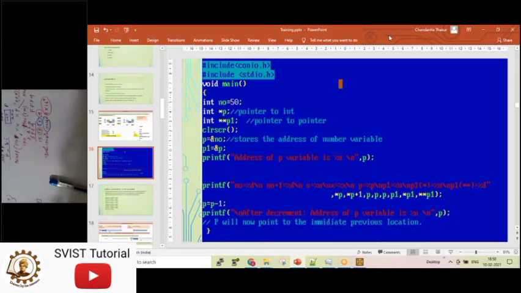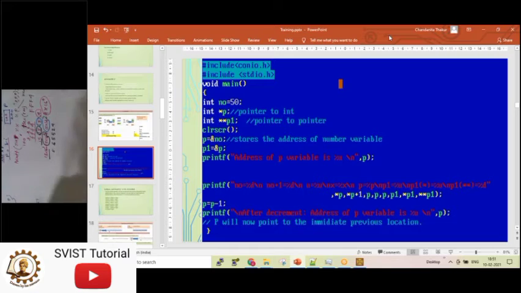This 15 will be converted to 15 into 16 to the power 2, and the last 15 will be converted to 15 into 16 to the power 3. If you calculate, the value is 65,524 or so. So you will get the decimal address as 65,524, whereas the hexadecimal address you get is FFF4. So you need to know the conversion method from hexadecimal to decimal. It is needed for pointers.